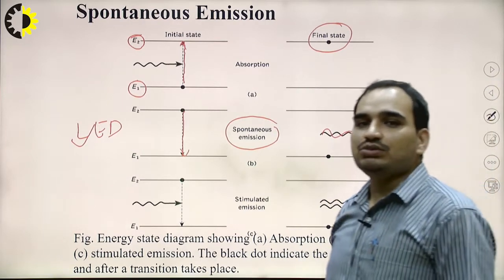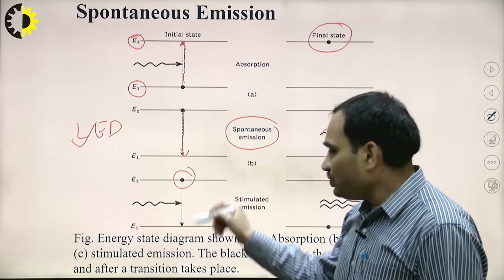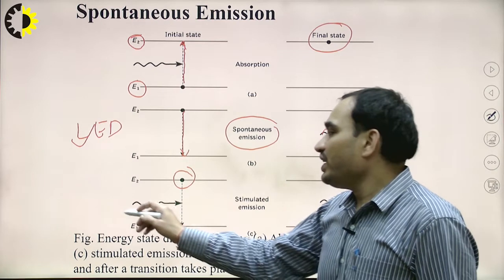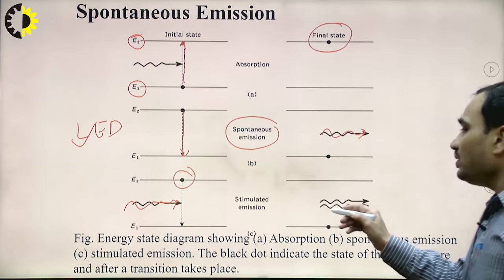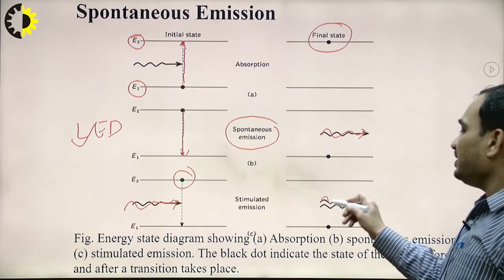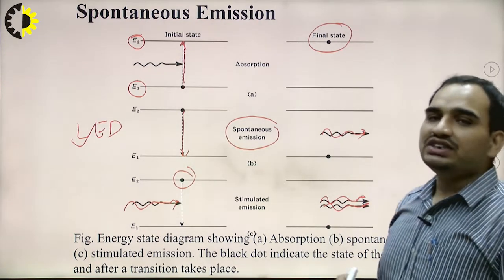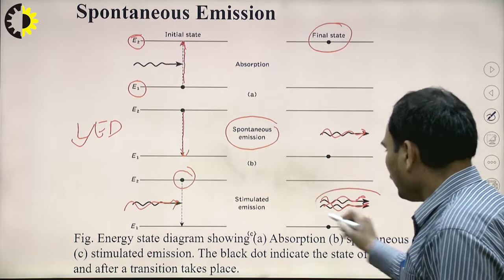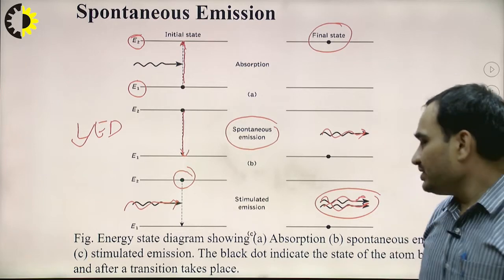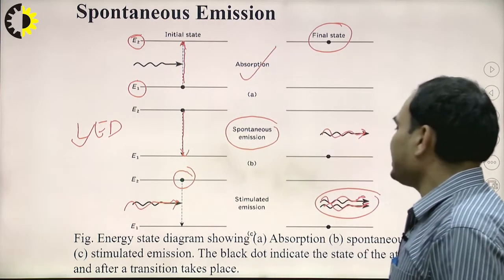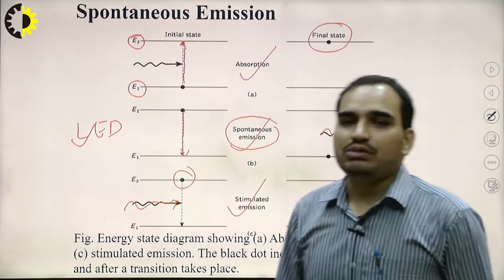The third case is the stimulated emission. In this, the atom in the higher energy state switches back to the lower energy state while applying some external energy. Due to the external energy, the energy released is again in coherence with the previous one, and the atom comes back to its lower energy state. Now we are getting the coherent light. So this figure shows the energy state diagram: the first part the phenomenon of absorption, the second part the spontaneous emission, and the third part the stimulated emission.